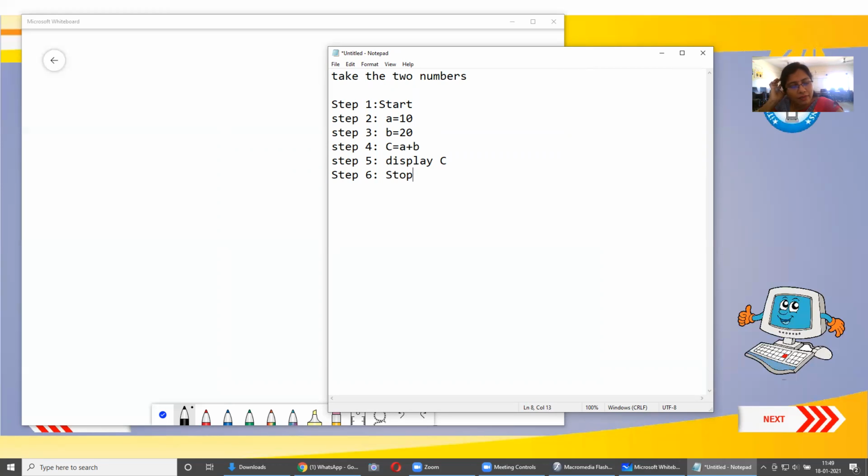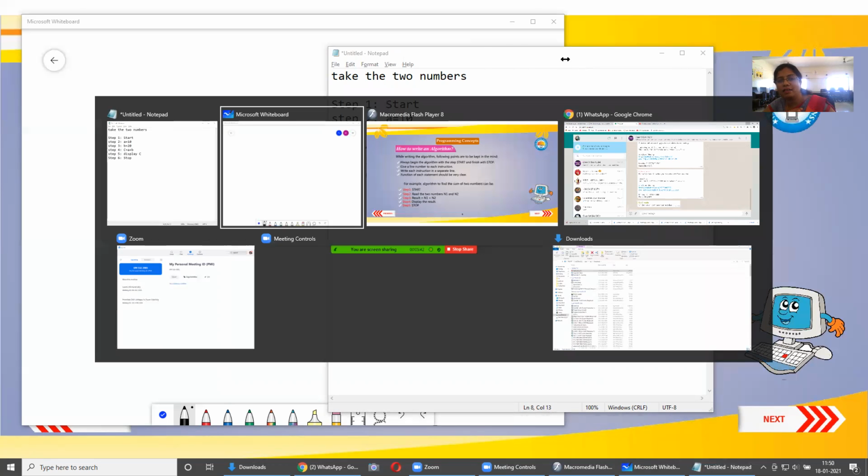Why? Because whenever we are starting a machine, right? Computer is a machine, right? Whenever we are asking a machine to do something, first we have to let the machine start. So we have to give the instruction start. When we say start, the computer understands that there is a task coming which it has to do. And if you do not say stop, it will keep on doing this addition again and again repeatedly. So you need to tell the computer where it has to stop. So there should always be a start and always a stop.